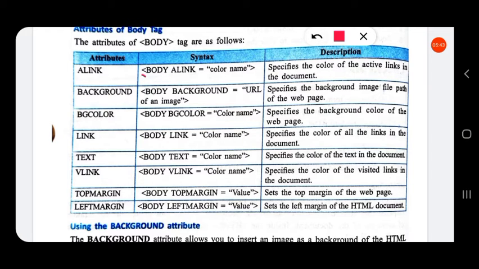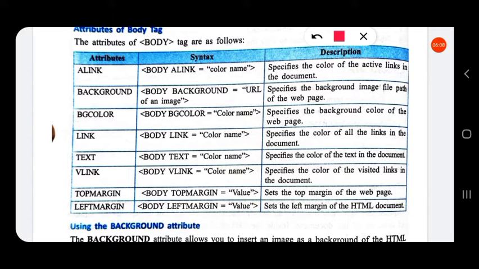When we give attributes, the attribute is given inside the angle bracket along with the body. Here alink is the attribute. Let us see what alink is. Alink specifies the color of the active link in the document.